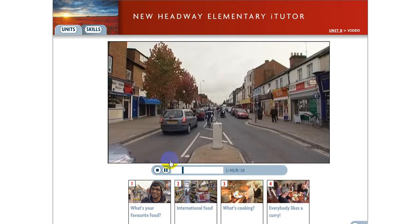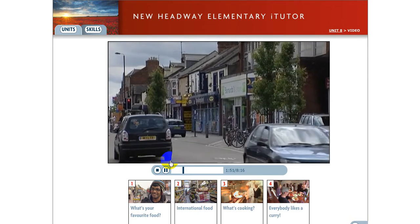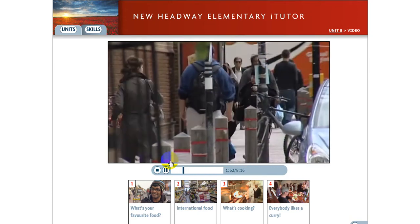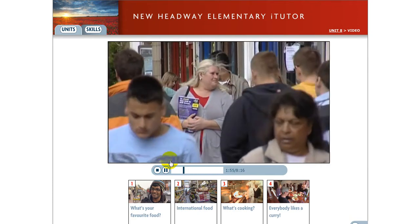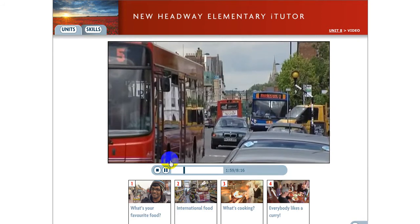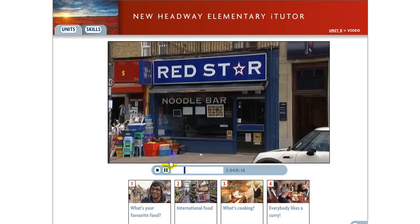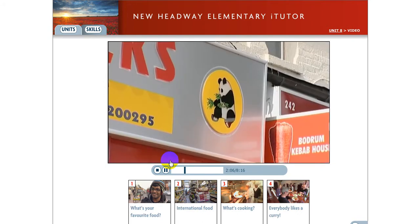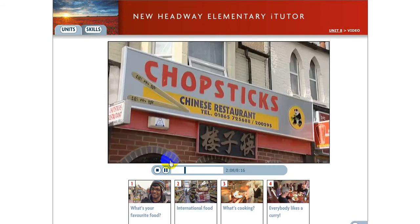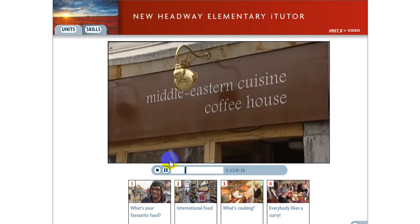This is the Cowley Road in Oxford. Cowley Road isn't a big street, but it's often very busy. There are a lot of cars and buses. But if you'd like to try some new and exciting international food, it's a great place to go. On this one street, you can find food from China, the Middle East,